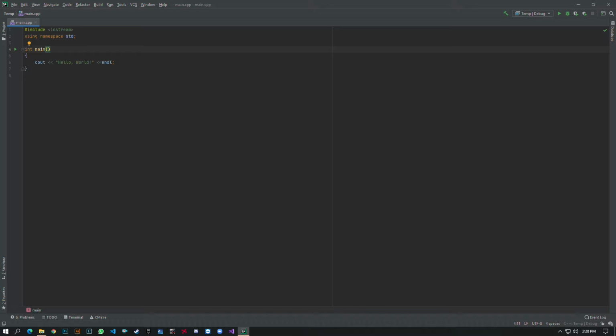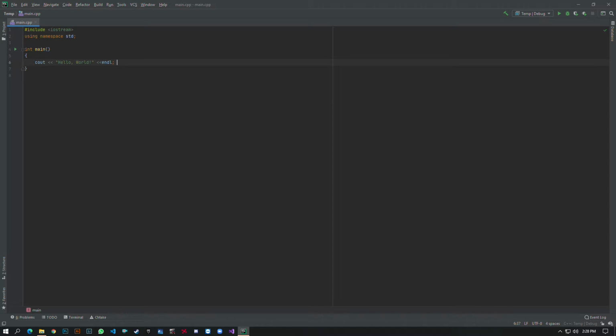Int main will always be executed first in the program. So this is called a function. We will discuss this later on in the tutorials. One thing I would like to guide you through is that you can insert comments in the